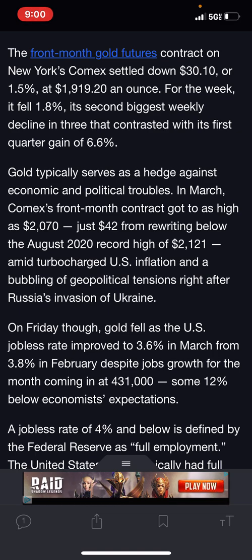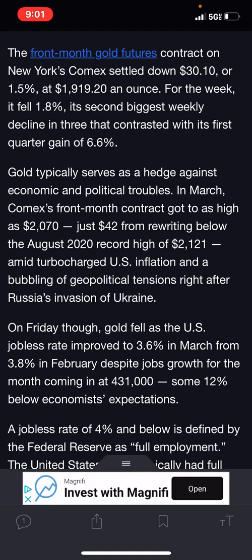Basically, what they're saying is that gold prices started to shoot up because as we started to have more and more increased inflation in America, we had a more and more weakening dollar, and a weakening dollar caused gold prices to go through the roof. Also, coupled with the fact that Russia invaded Ukraine, that also catalyzed gold to go through the roof. So the weakening U.S. dollar and the global market starting to panic due to the Russian invasion of Ukraine brought gold prices through the roof.